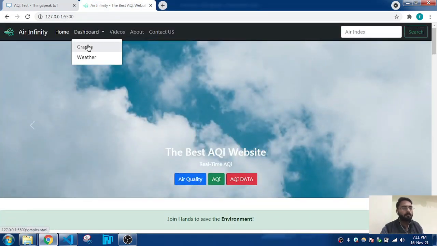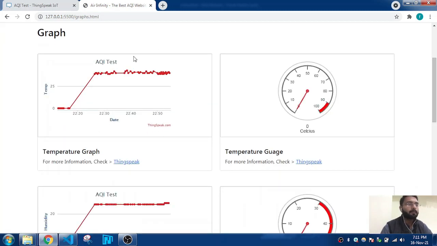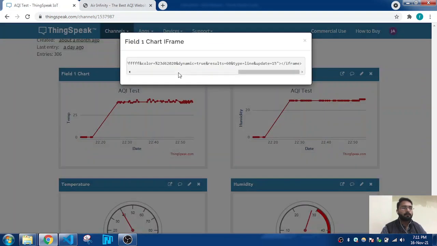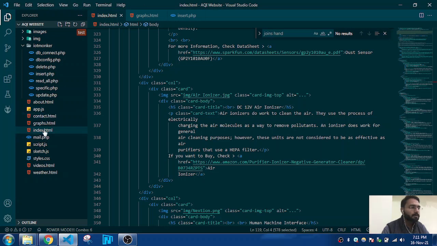Now we will come to our graphs, and in graphs you can see this is the code from ThingSpeak. I just copy pasted this, and you will see the gauge and the graphs. For that I have used dashboard.html.